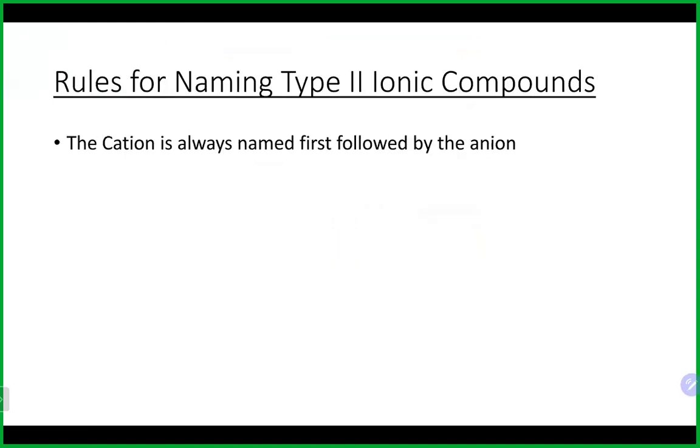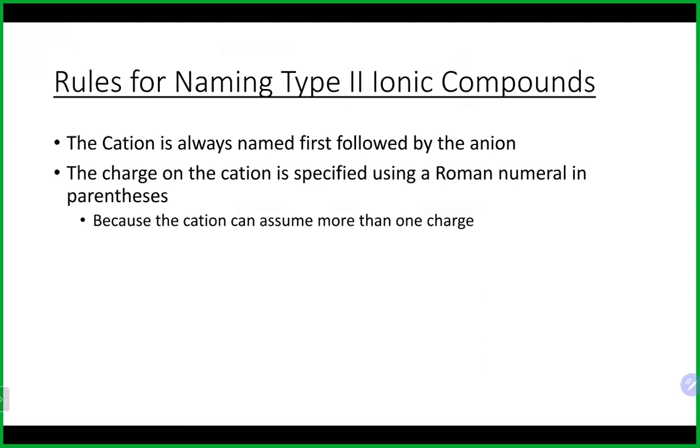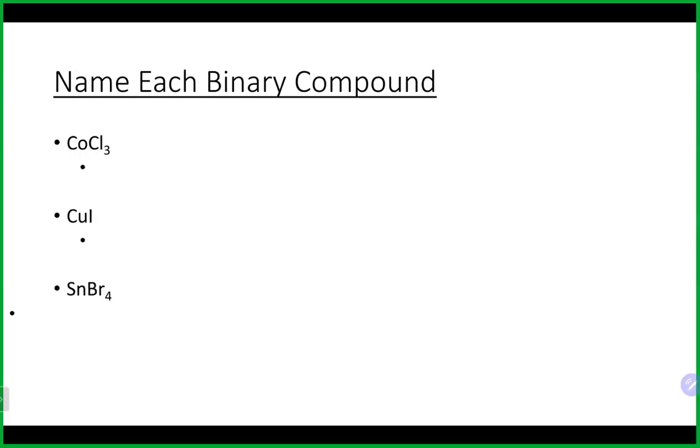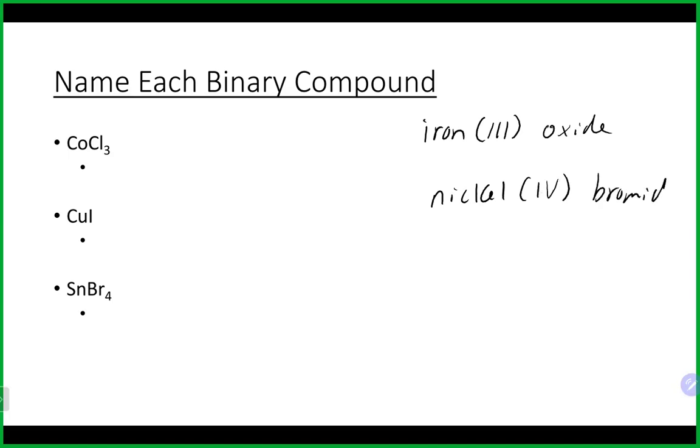All right. So as we talked about, we are going to use that Roman numeral in parentheses. And once again, it is the charge of the positive ion in that case. So let's try some here. I want you to also do some formulas. So let's do iron Roman numeral 3 oxide. Let's do nickel 4 bromide. And let's do